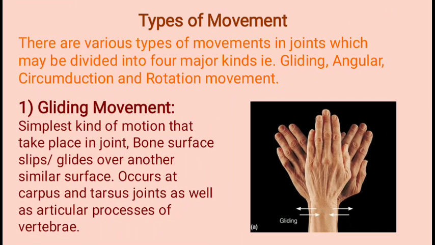You can see in the picture on the side, see the wrist, how it moves. Where the wrist is, you can find the hand is in a stable position, and they move the wrist on both sides, left and right. So here a gliding movement is being made possible with the help of this. So this is an example given for the gliding movement.